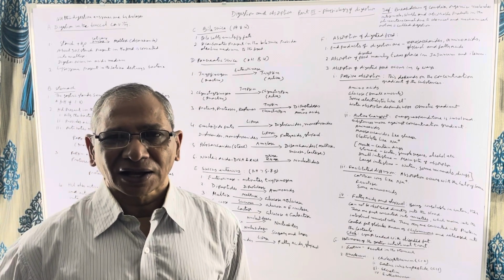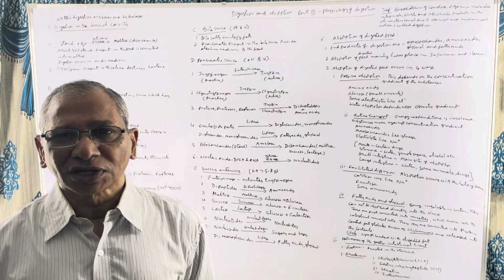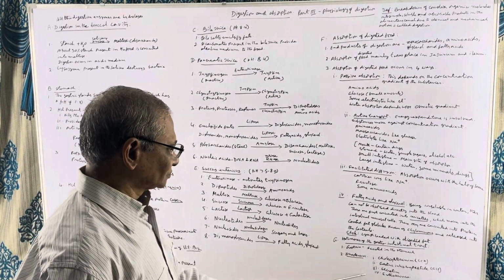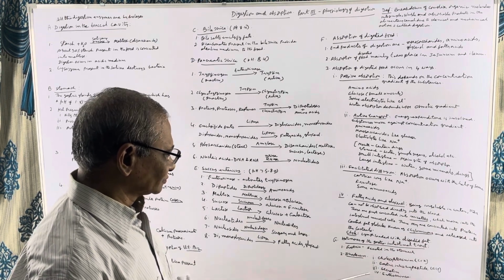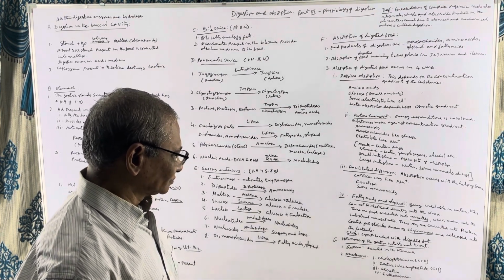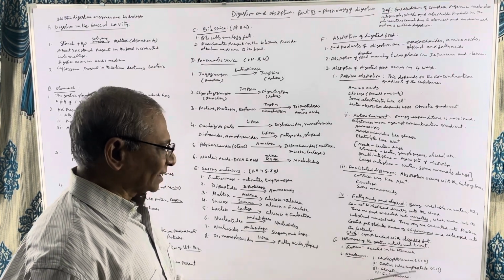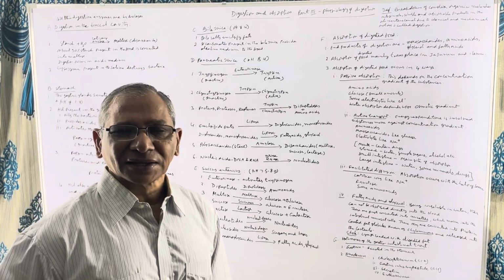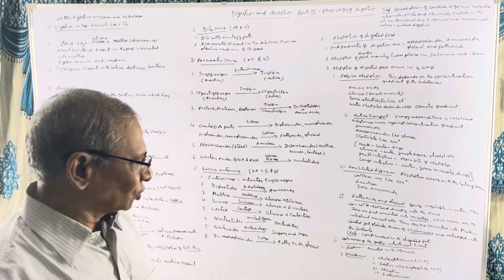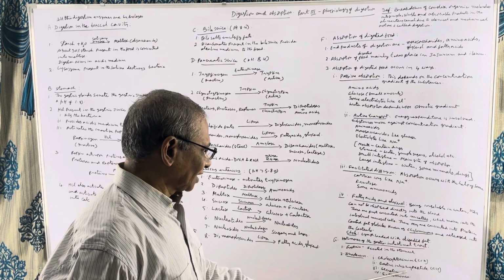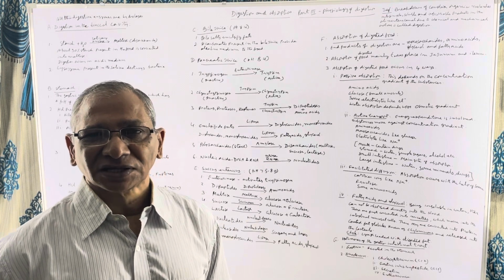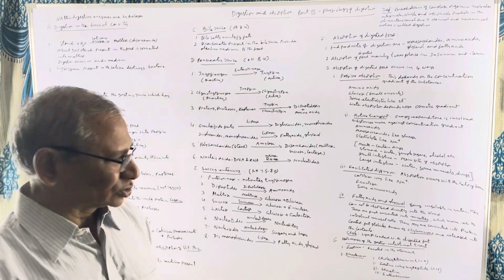When the chyme enters the duodenum, the wall is activated and it releases four hormones. They are cholecystokinin, gastric inhibitory peptide, secretin, and enterocrinin. Cholecystokinin acts upon the gallbladder and contracts it. As a result, bile juice is released into the duodenum. Gastric inhibitory peptide acts upon the stomach and prevents further secretion of gastric juice.